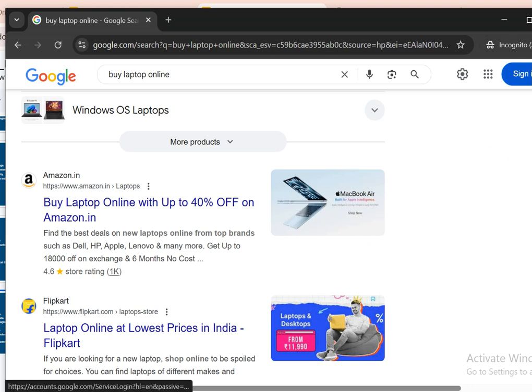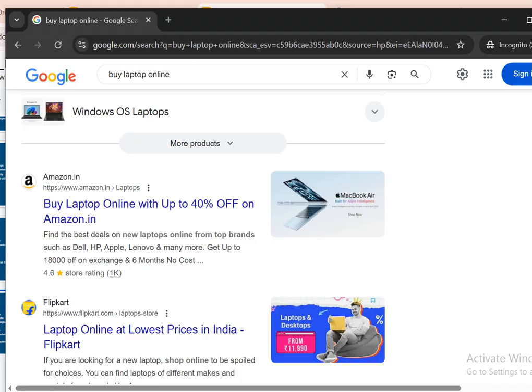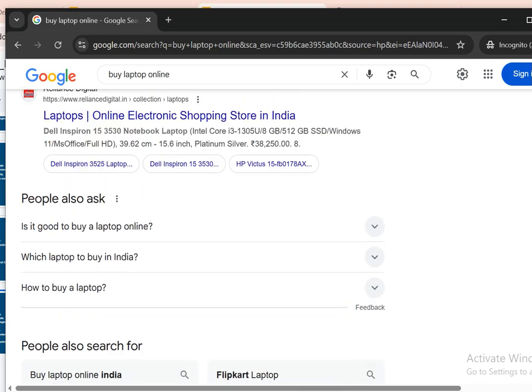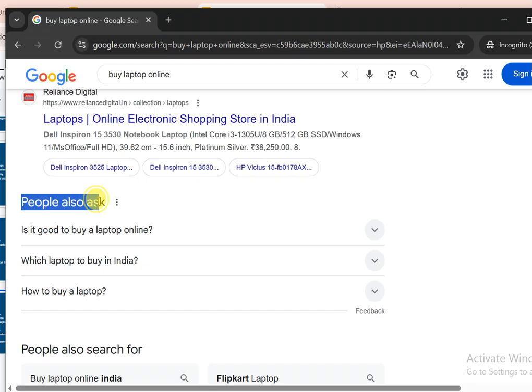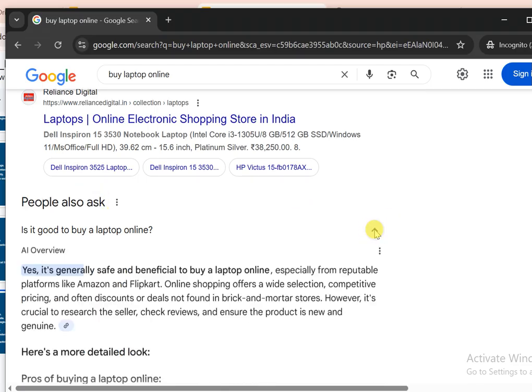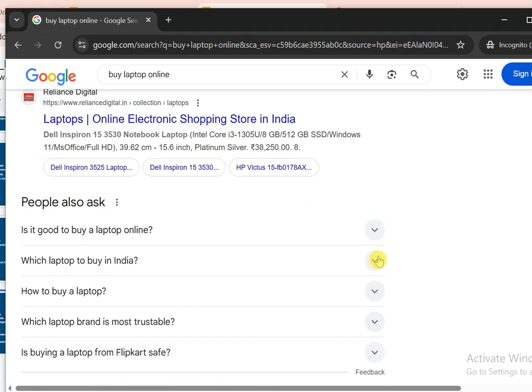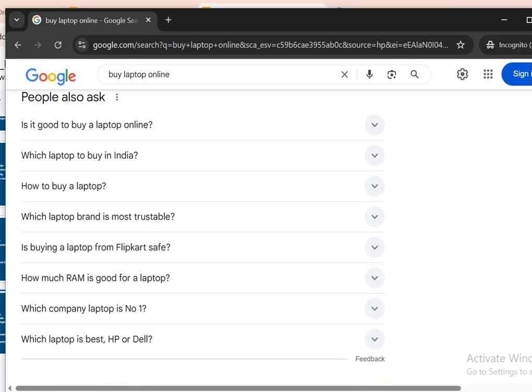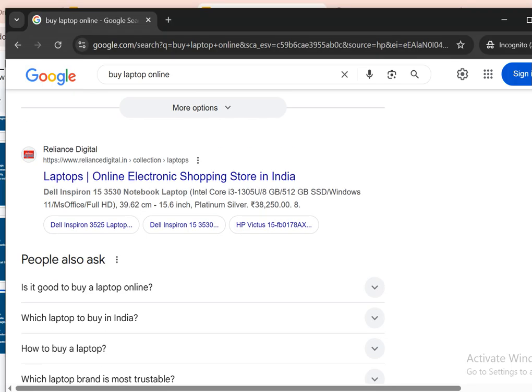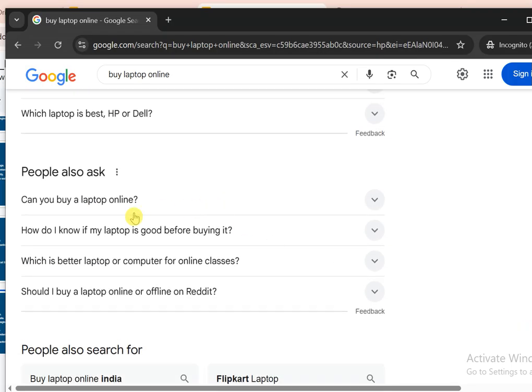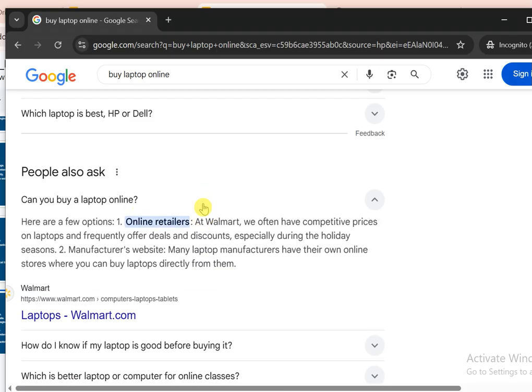we'll go back to Google Incognito, and here I will show you. See here, people also ask. If we want to rank here, we should add these schemas. And here if you see, most of them are question and answers.